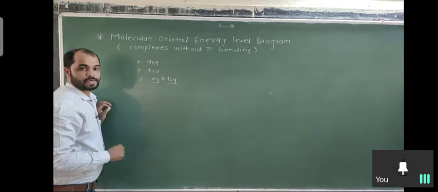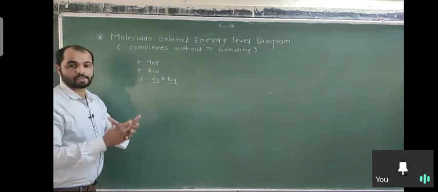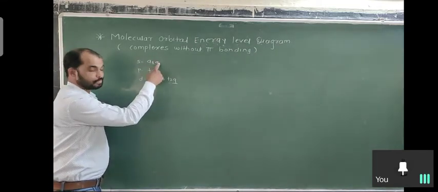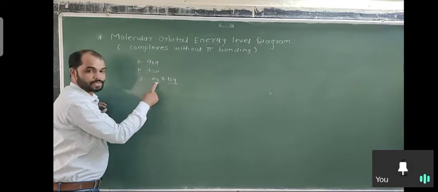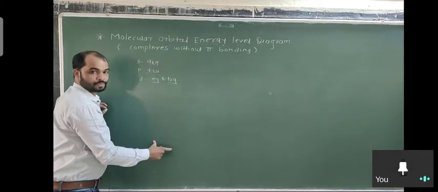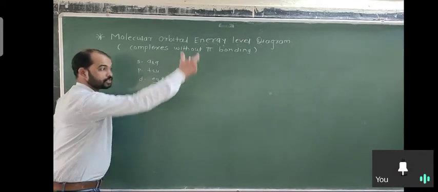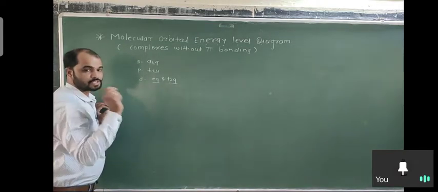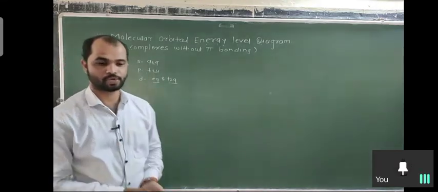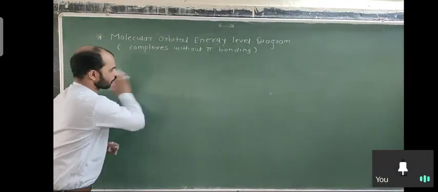The same symmetry orbitals are formed when six ligand orbitals are combined; they form a composite set of these six orbitals. Here is one orbital, here are three orbitals, here are two orbitals. So 1, 3 and 2, the total is six orbitals of the metal taking part in combination with six orbitals of the ligand, because there are six ligands and the coordination number of the complex is six. Here we are going to discuss how the combination takes place.